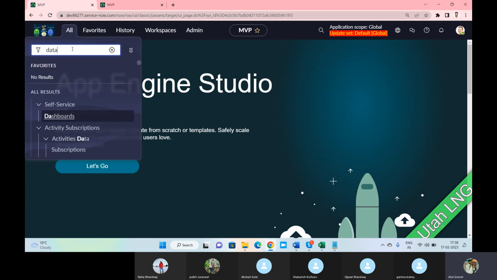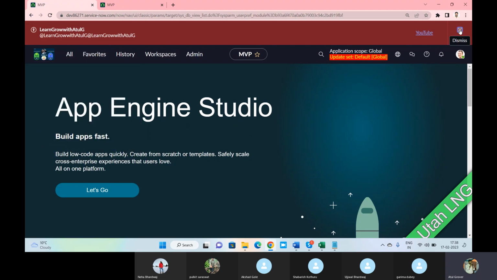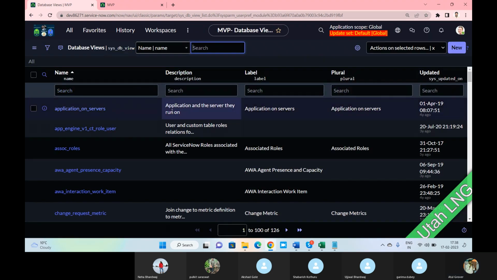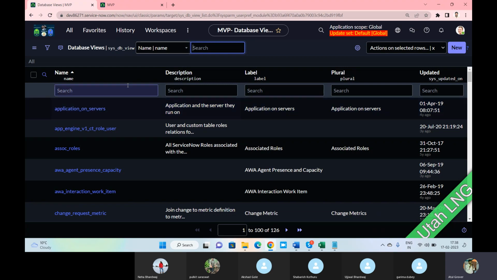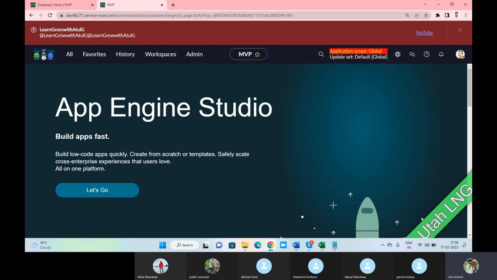So now I'll go here and click on the database view. Under system definition, I can create this database view. Let's say I want to show you the inbuilt one, this one. This is the database view which has been built on two tables. One is the incident and one is the task underscore SLA table. Because if you notice this part, let's say,